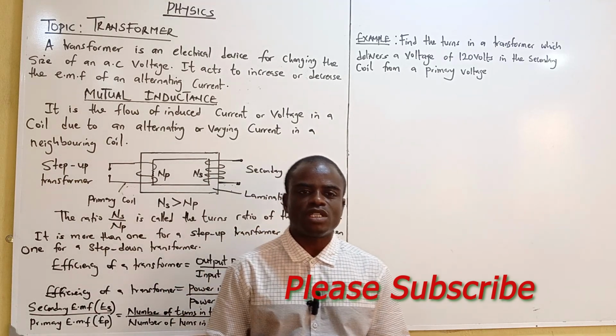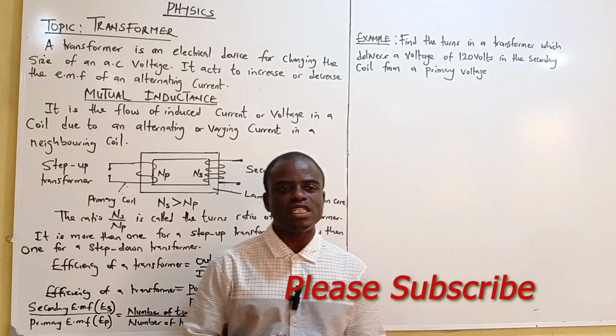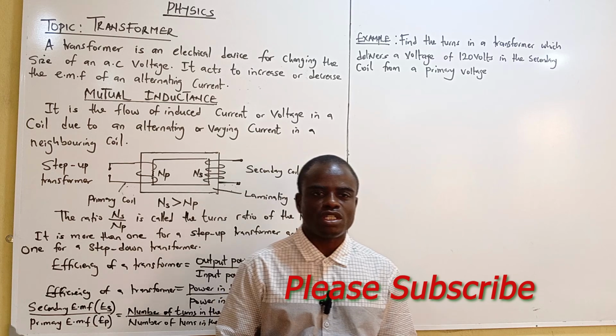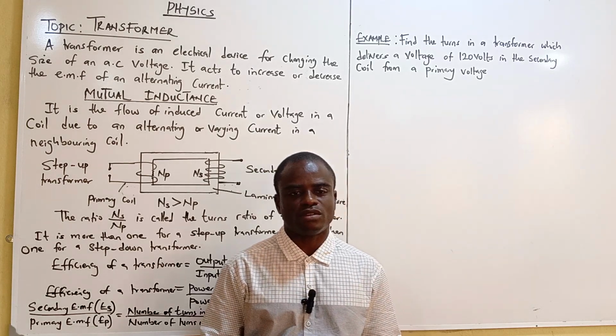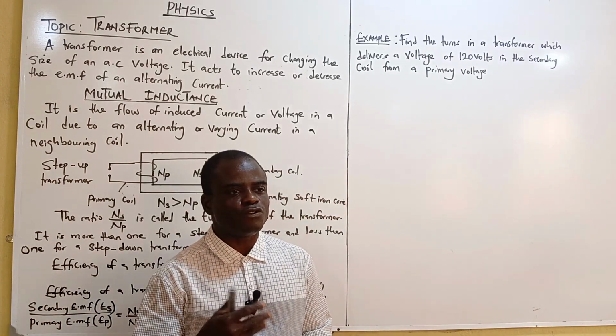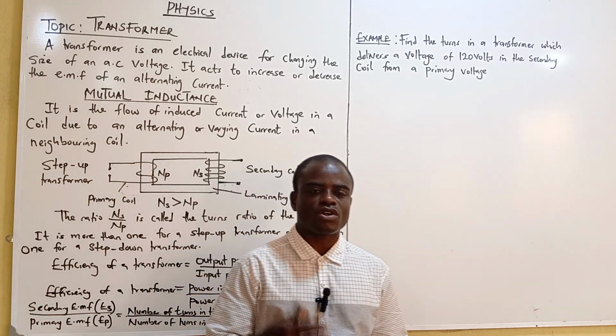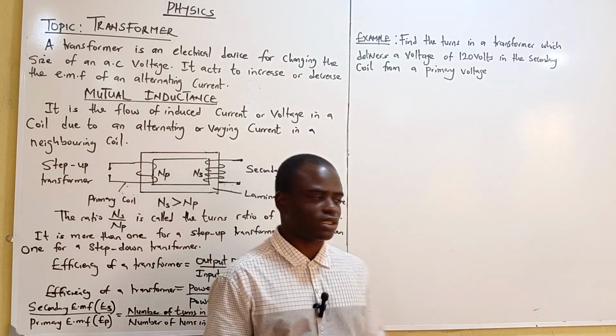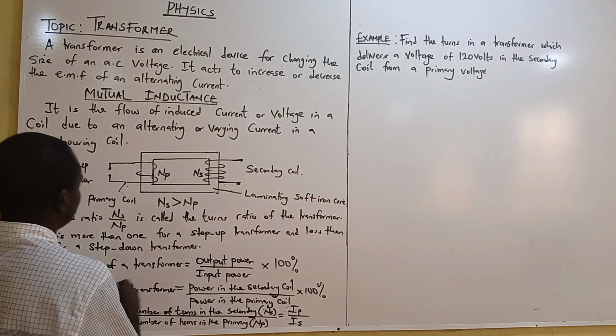Mutual inductance is the flow of an induced current or voltage in a coil due to the varying alternating current in the neighboring coil. That's mutual inductance. And let's see,